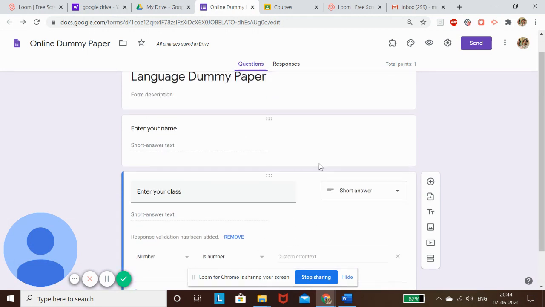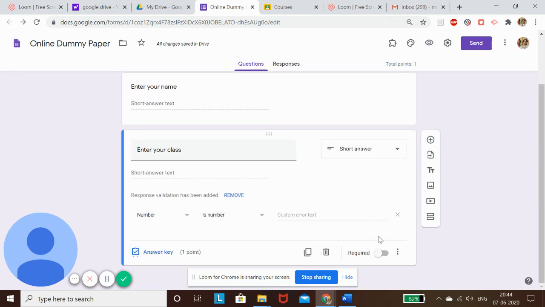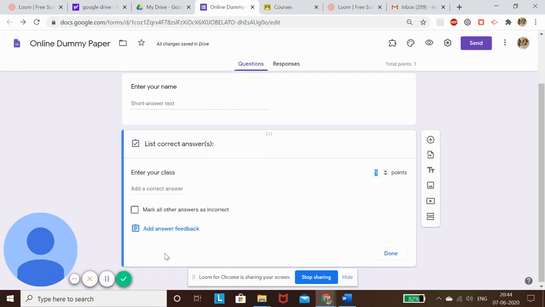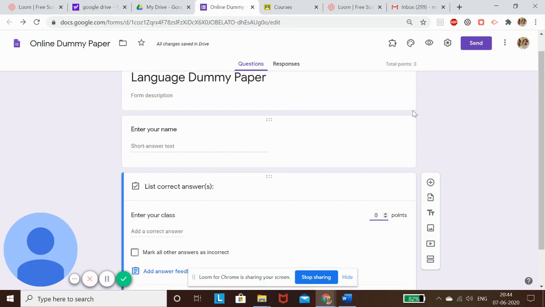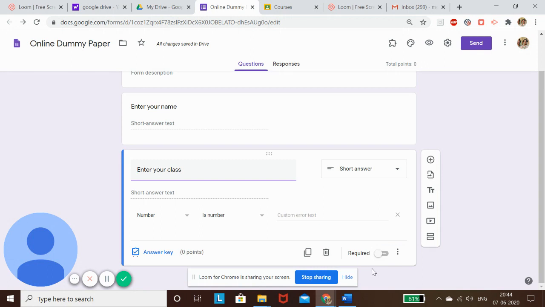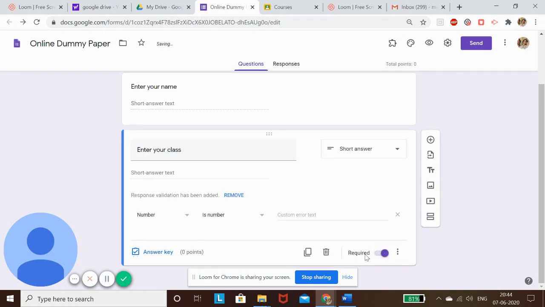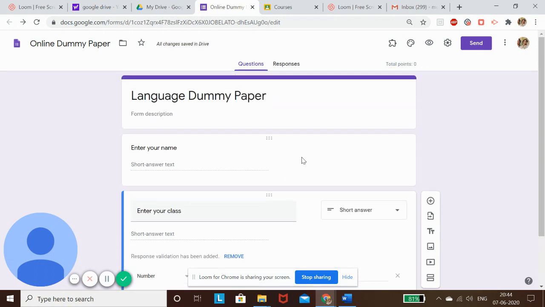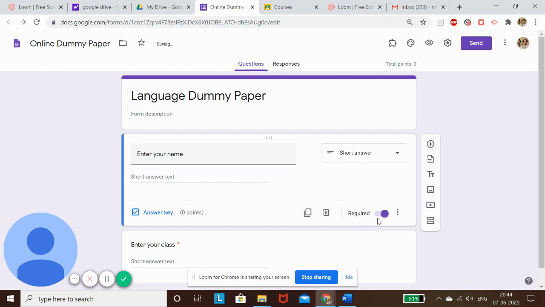And then another important thing over here is, because these are questions which are not to be marked or evaluated, but yes, you are asking a question from the student, so no evaluation points are to be given in these questions. And another thing is, once done, you make it a compulsory field, make it a required field. It's a compulsory field which every student has to answer.